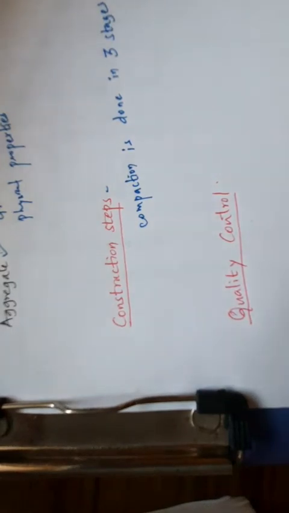The first one is breakdown rolling using either a heavy static roller of a dead weight of 8 to 10 tons or a vibrating roller. Second is intermediate rolling using either a vibratory roller with the vibrator set at a high frequency and low amplitude, or a pneumatic tired roller of gross weight 12 to 15 tons with a minimum tire pressure of 5.6 kg per centimeter square. And lastly, the final rolling by a light roller weighing 6 to 8 tons.